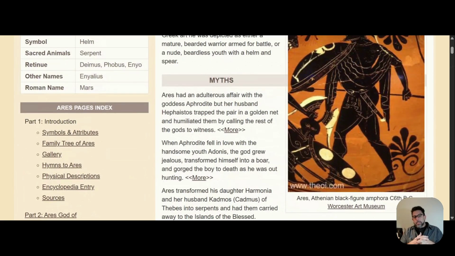And Ares and she liked each other, and so they went out and they played patty cake together. And they got caught by Hephaestus, and he embarrassed both of them publicly before the gods. And that story is told in Homer. So we'll see that maybe a little later. But anyway, these are the two gods that we're dealing with when we have Diomedes coming at the gods and